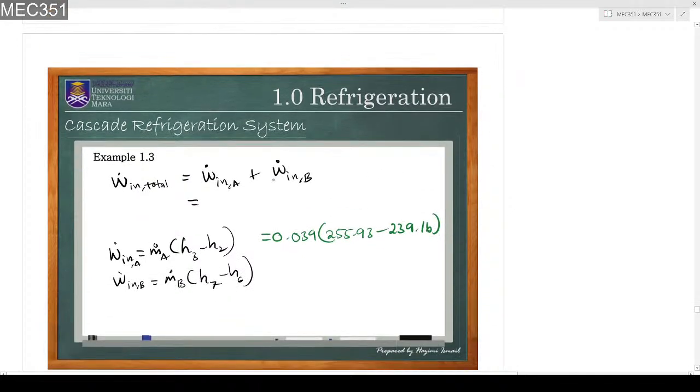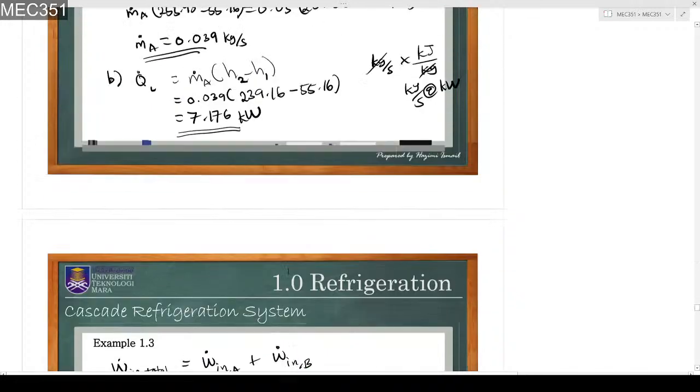Okay, so awak akan dapat nilai 0.039 darab 255.93 tolak 239.16. So awak akan dapat 0.65403 kilowatt. This is the work in for A. Okay, for B, B tadi